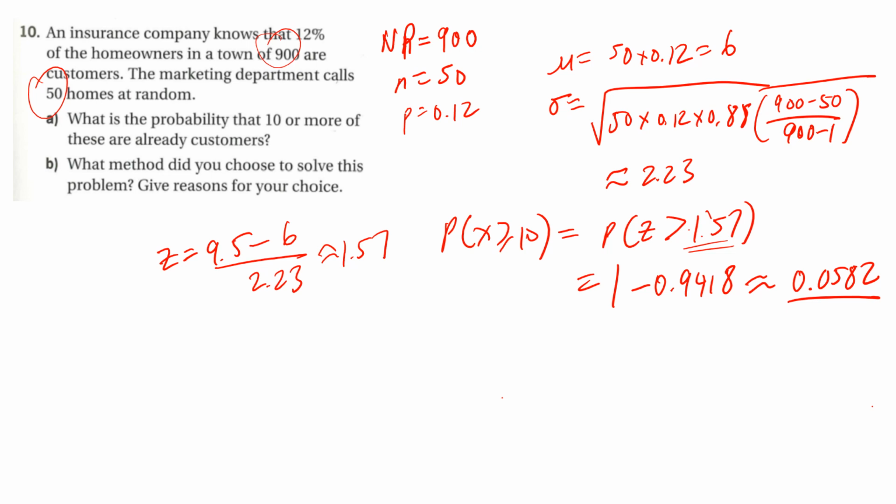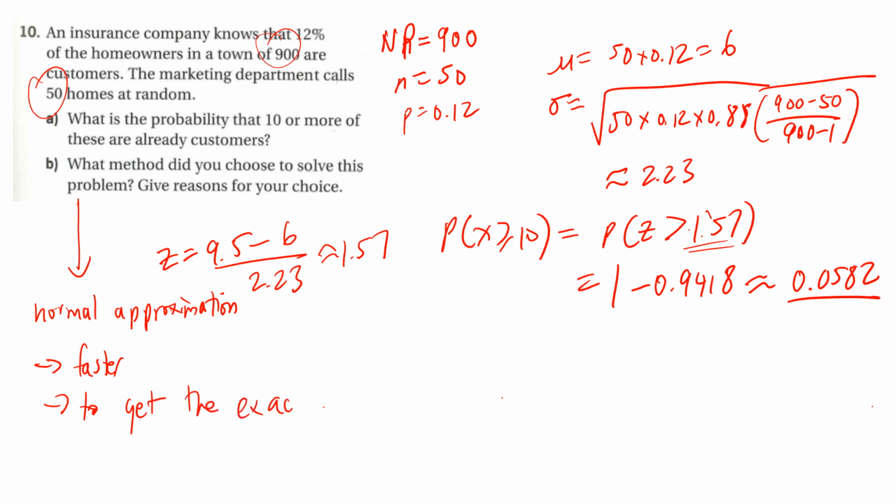So what method do you choose to solve this problem? In this case, we use the normal approximation. Why is that? It is faster. To get the exact probability,